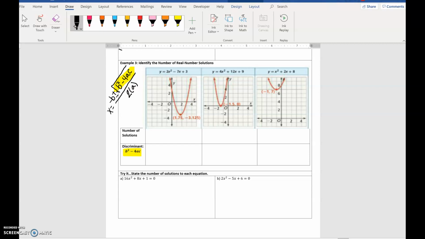And so on this one, we can see that it touches the x-axis twice. So this would have 2 real solutions. And so when there's 2 real solutions, your discriminant, the b squared minus 4 times a times c, should be greater than